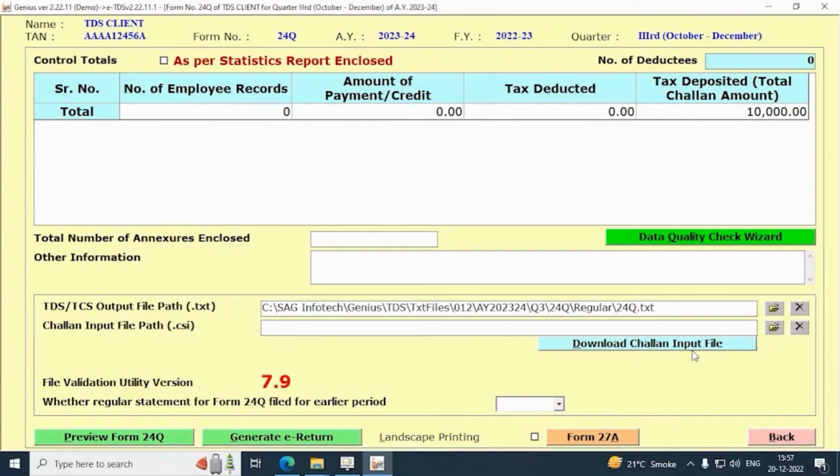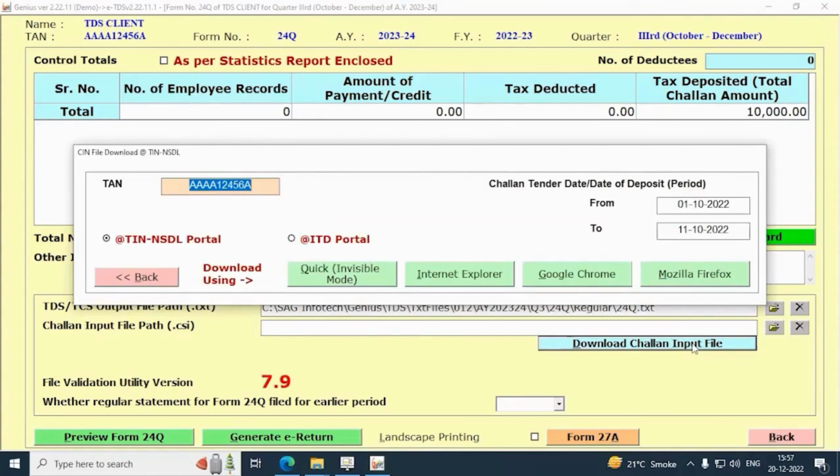After saving the output directory, you need to first download the challan input file. When you click on challan input file, two options will appear whether you want to download the CSI file through TIN NSDL portal or at ITD portal.